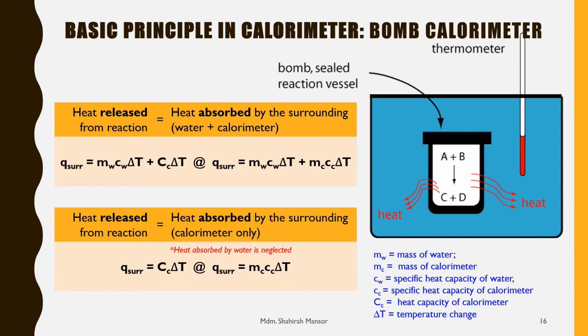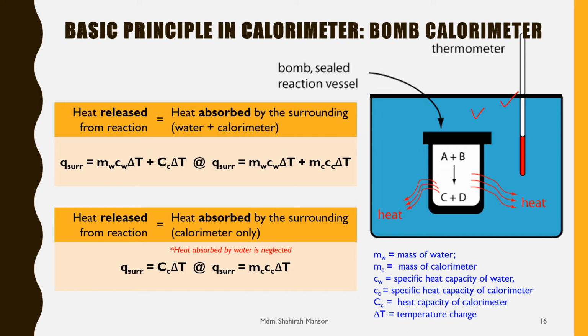So, untuk konsep ini, kita ada dua option dekat sini, dua option nak pakai formula yang mana satu. So now, let's see the first option. Sekiranya surrounding adalah merujuk kepada both water and calorimeter, in this case, heat release from the reaction di sini bersamaan dengan heat absorbed by the surrounding. Dan sekiranya surrounding kita ini adalah both water dan juga calorimeter,